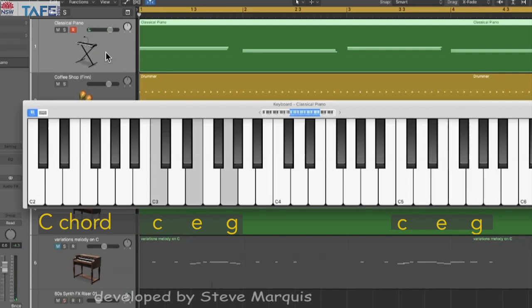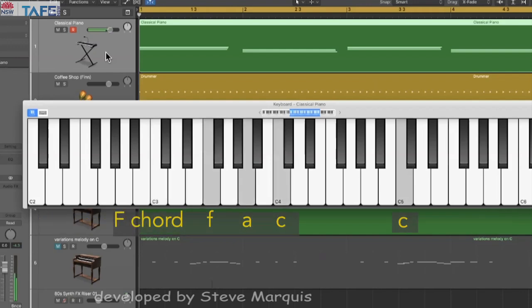So I'm going to work with the melody based on C. And then when I play the F chord, that note C is also in the F chord. So I'm going to stay with that note C. And interestingly, that note C sounds different when it's played over different chords. So I'm just going to stick with that note C for the 1 and the 4 chord, the C and the F. When I go to the G,